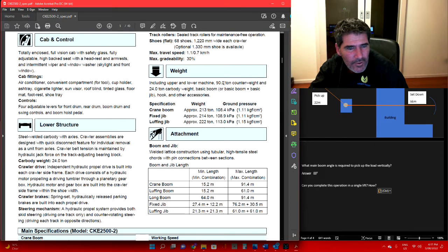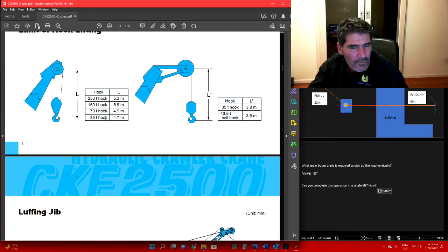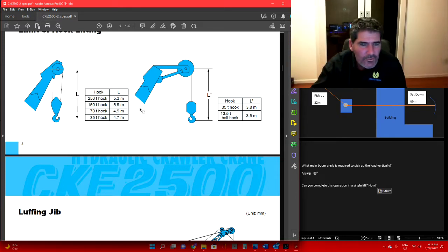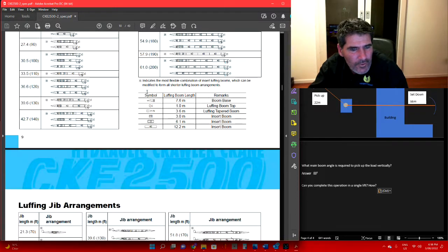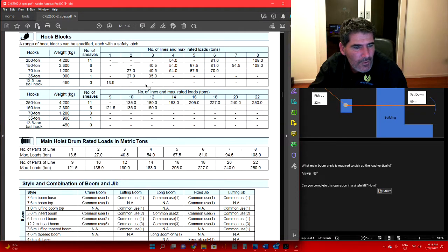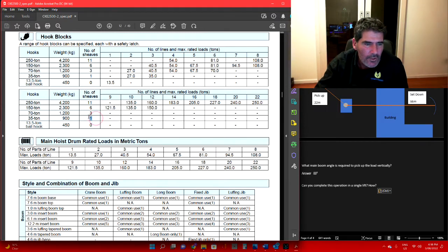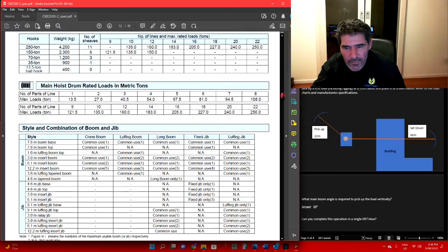Let's have a look. What's the weights? Let's find our hooks. There we go. So 2-part hook block, that is going to be, no, wrong one. Let's keep running down. Let's find the weight of our hooks. So hooks, weights. If we've got 2 parts of line, it means we must have at least 1 sheave in there. So we are going to have this one on, single sheave hook block, 900 kilos. So you're already lifting a load of 6.3 tonne. So if we run back down to our chart,